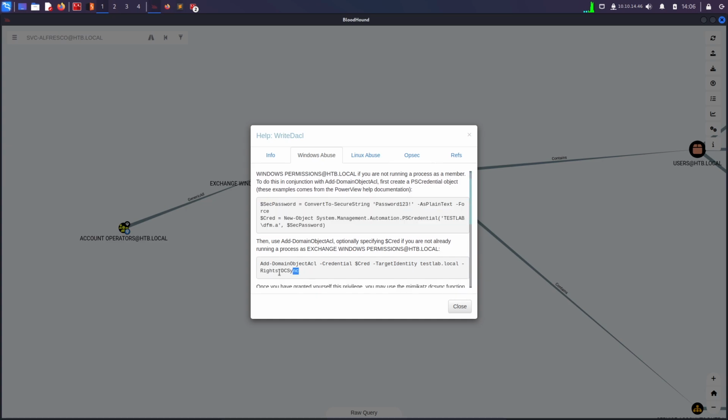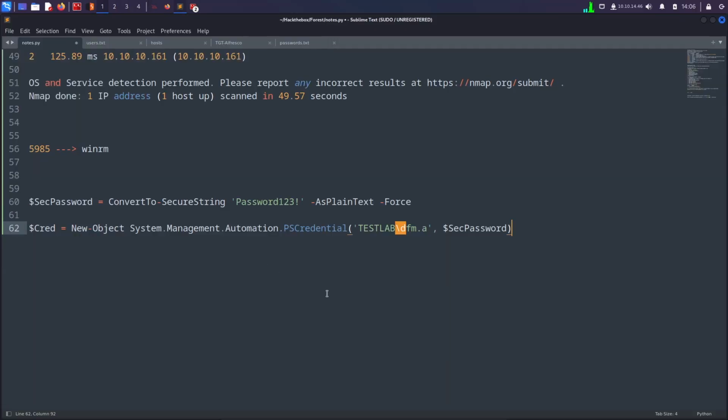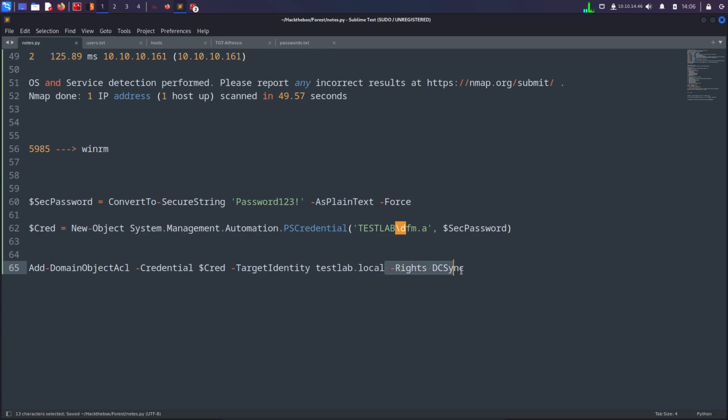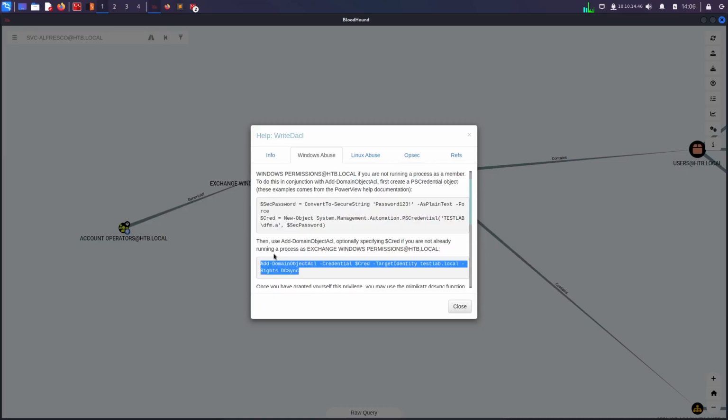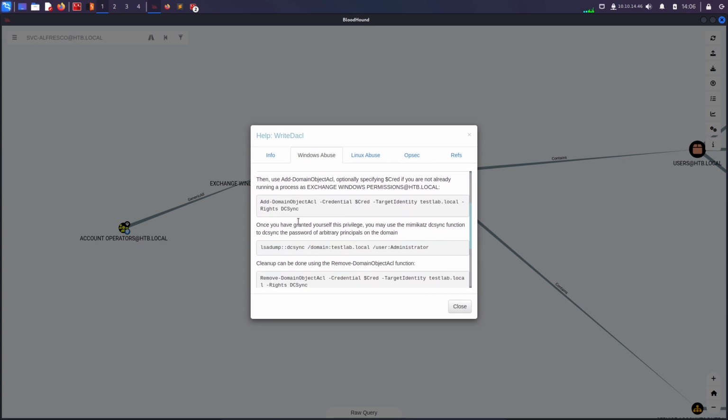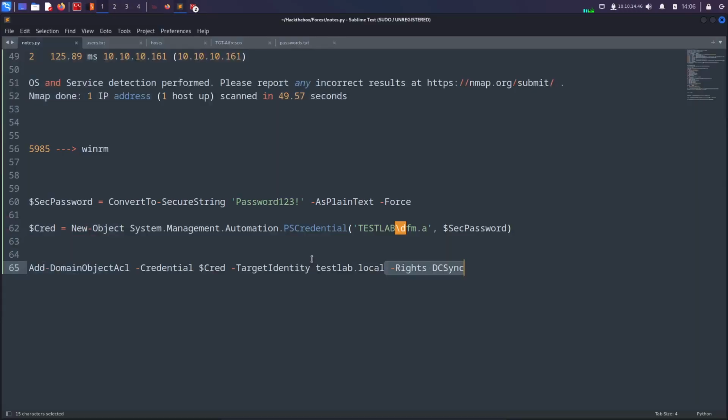Then there is Add-DomainObjectAcl right over here, this one, and these right here we are giving ourselves DCSync rights, and the other ones I will not take care about because I will explain you some other way. Okay, so first things first, I need to set the username and password of my user which I want to grant access. So I know that the password I created was programmer boy, so I will set programmer boy over here, and then the domain is htb.local,